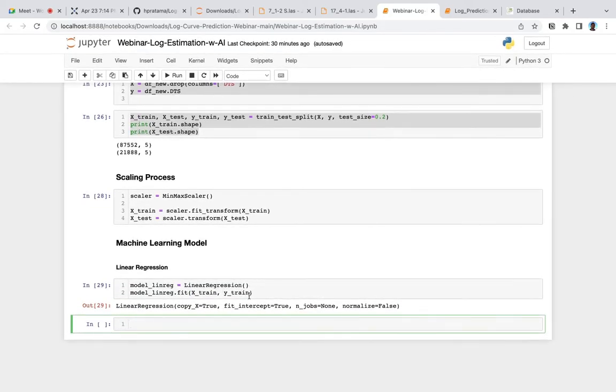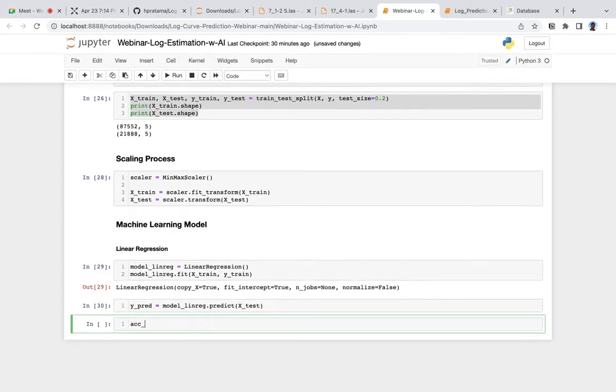So it is ready to predict on the test dataset. In this step, the model will train, or the model will learn the correlation between the input and the output of the train dataset. And then to prove the model learned, we can use the predict technique, ypred. We will predict on the new dataset called X-test, and then we can evaluate with the true value, which is the Y-test. So model linreg dot predict, we want to predict the X-test.